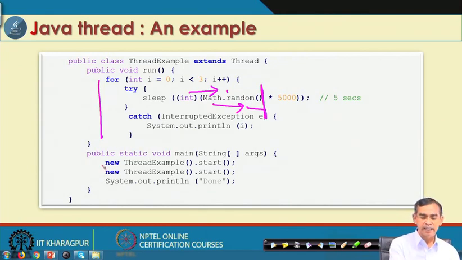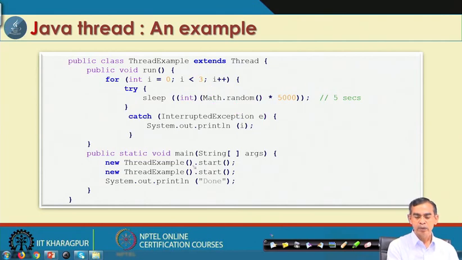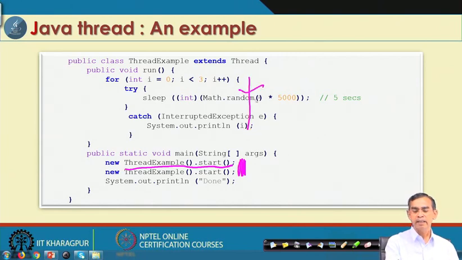Here we can see we have created two ThreadExample objects and then started them. That means we run two threads in parallel, and if we run these threads in parallel with their print statements, in our demonstration we will give a demo of how these threads can execute in a different order.